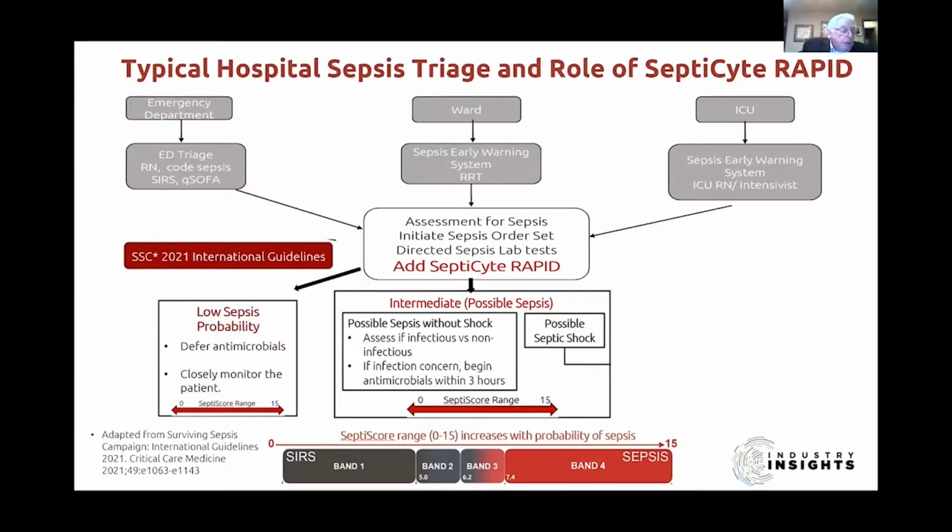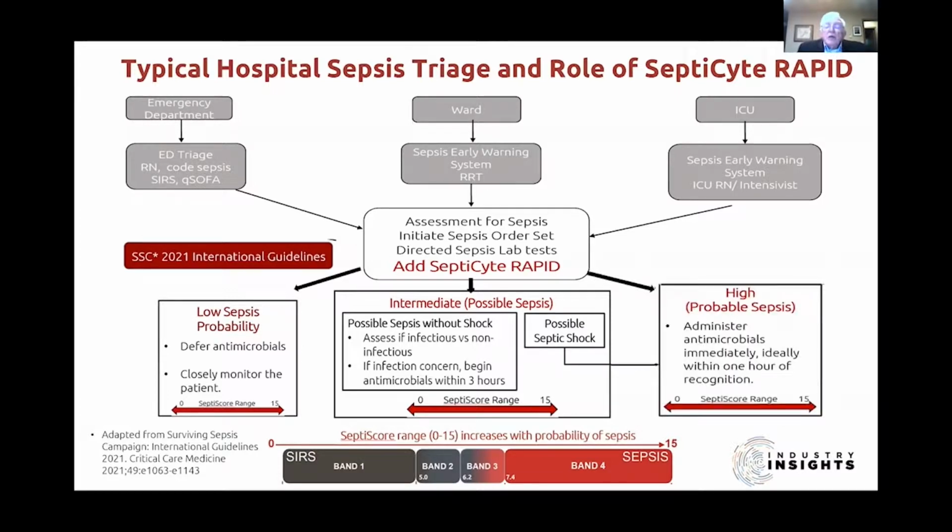This would support appropriate intervention if the patient is in band 4, and appropriate further evaluation and diagnostic testing for those patients in band 1 who do not have an infectious etiology for their presentation. Next, the group that we all initiate immediate therapy for in an attempt to address their presentation is the group